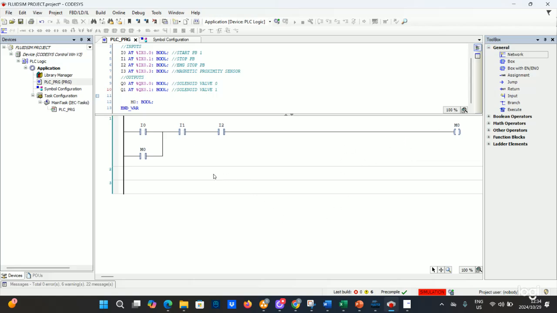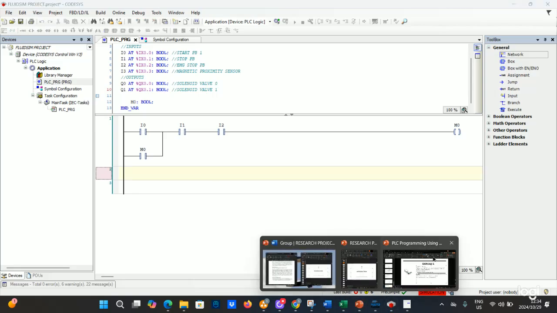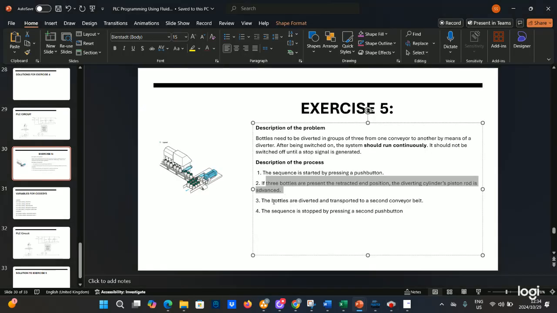And then the second part of the statement is saying the cylinder only advances if there are three bottles present, right? So now I have to create another memory. This memory will contain the backend position. So let's say for argument's sake,